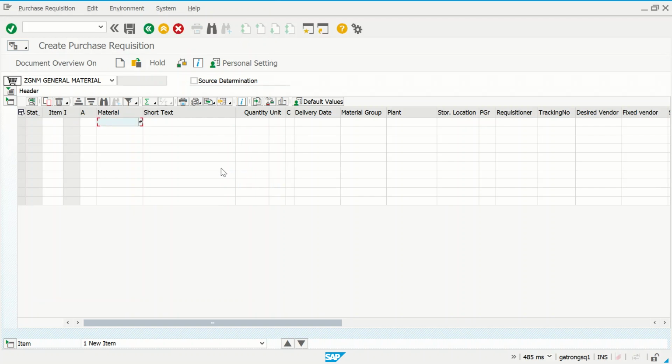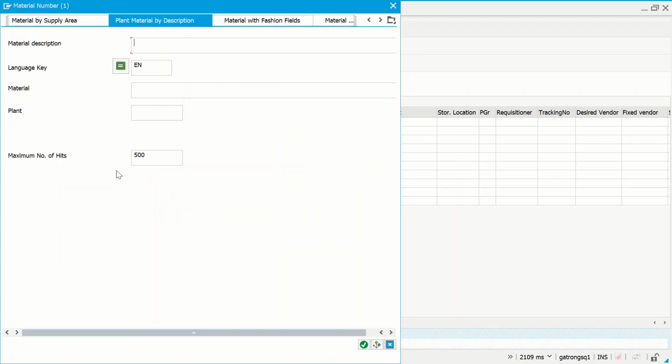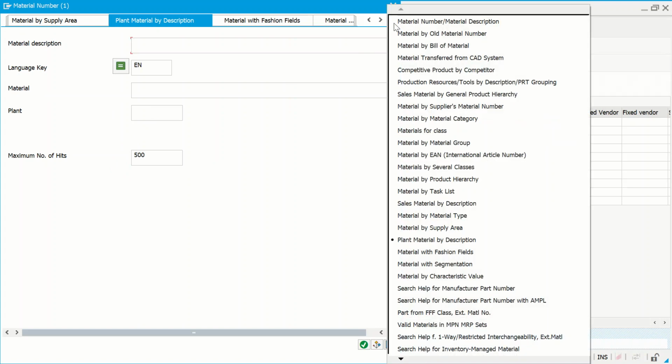So we will open this. We need to select the material. Either you can enter the material code in this small box which is appearing next, or you can press F4 for browsing. So let's suppose we have a plant. This screen enables you to search for material. It can be through material number, description, an old material. Let's suppose